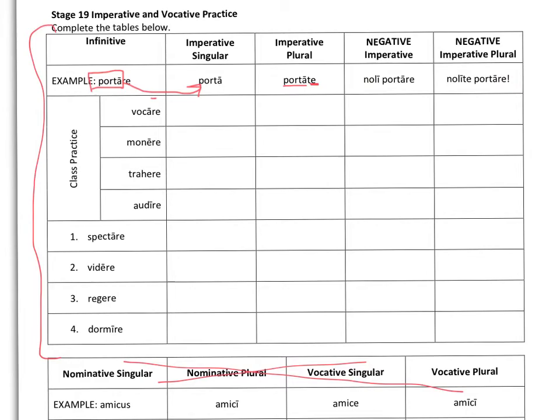So let's try this with vocare. For vocare, for the singular, we're going to go to the infinitive and knock off the re, so that gives us voca. For the plural, we're going to go back to the infinitive again, vocare, and instead of an re, it's going to change to a te. Thus we have vocate